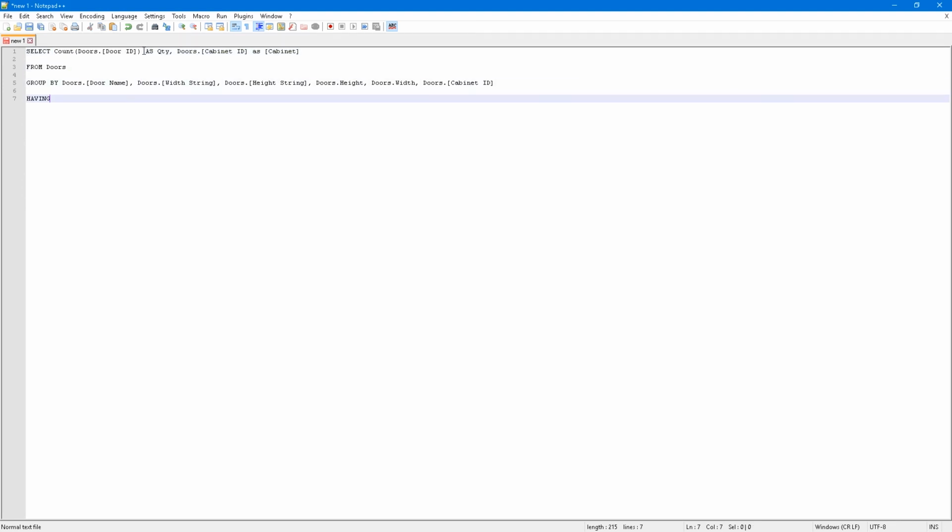Finally, we're going to use the having, and this is the reason we need this. It's going to take the information that is in the table that has the door name, the height string, the width string, and it's going to turn that into this list specifically for that type of door. Right now, it has no way to link them together. So what we're going to do is we're going to go